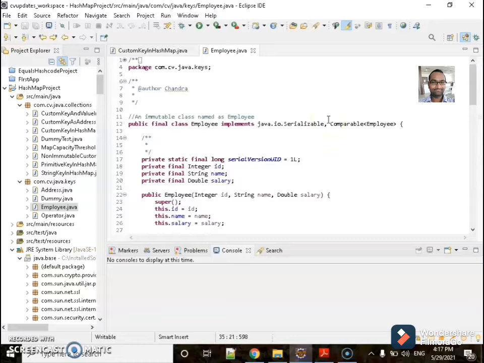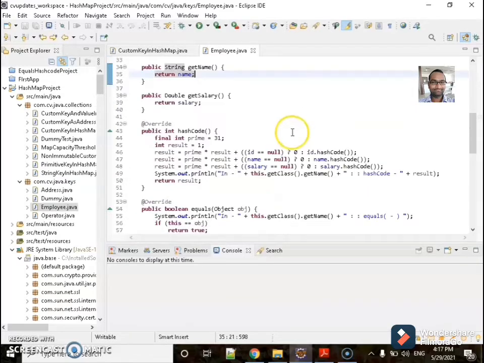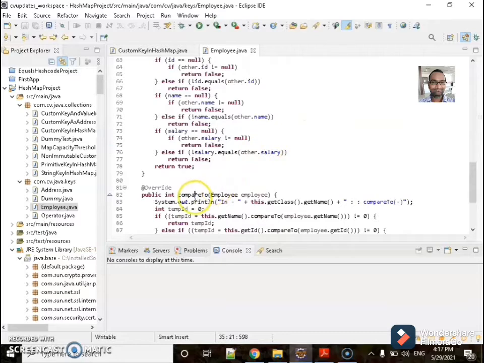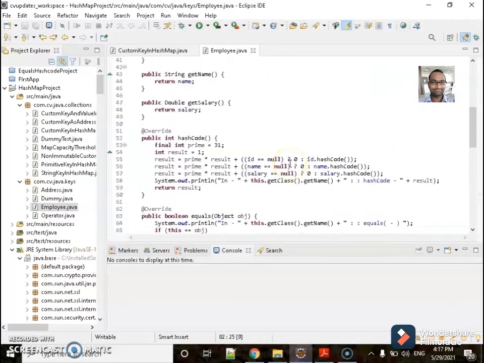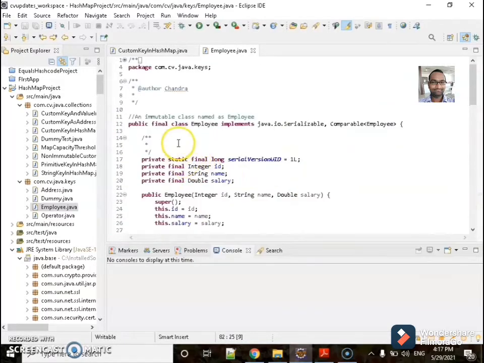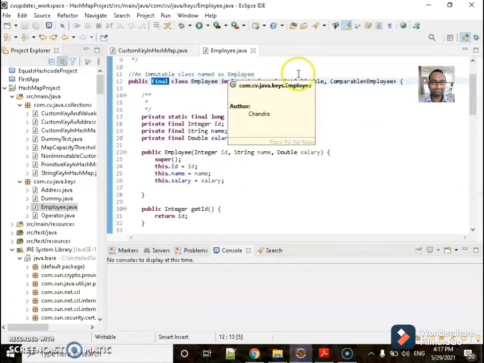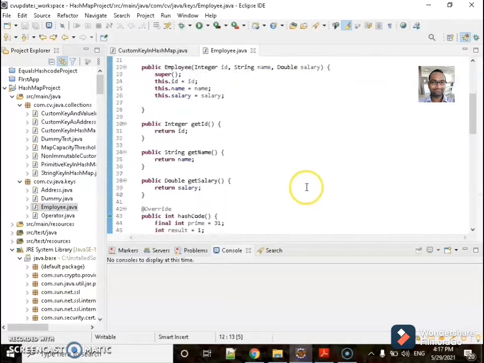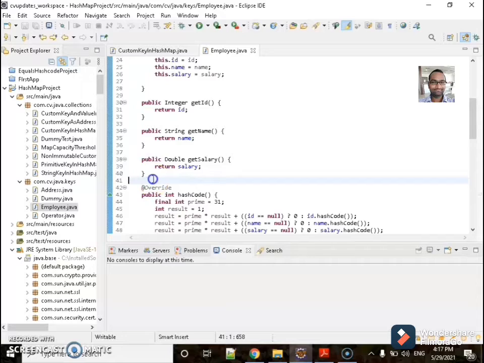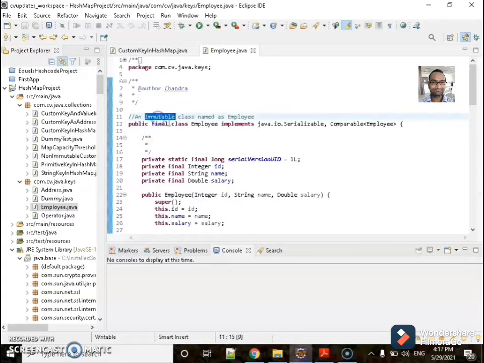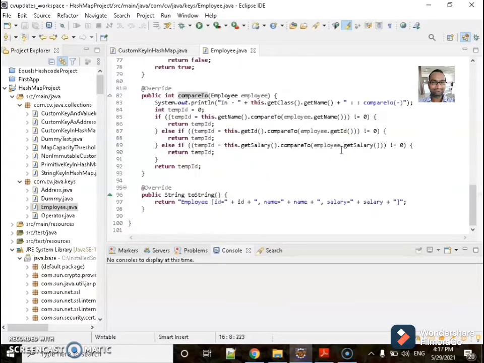It is mandatory to override equals, hashCode and compareTo methods in the custom class, fields must be final, the class must be final, and we should implement Serializable and Comparable interfaces, and we should not write setter methods. As it is an immutable class, we should not write setter methods. This is a perfect custom class to use as a key to the HashMap.